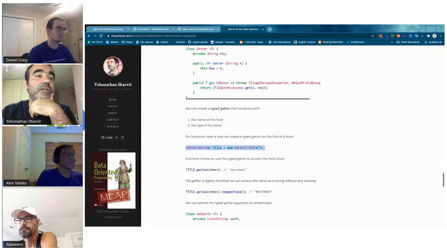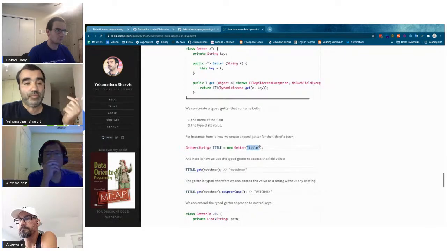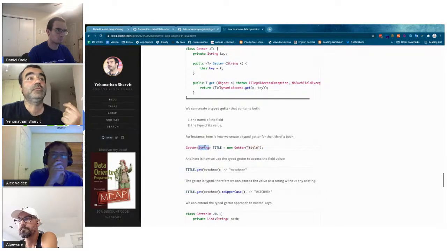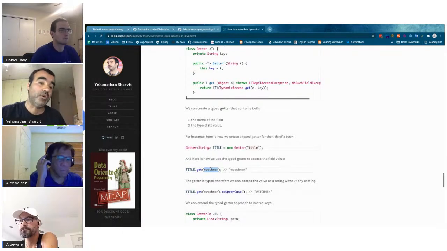So you could create a generic getter, and this is the field name of the field that you want to fetch, and this is the type that you want to fetch. So you create a generic getter that you call title, and then with title in your hand, you are able to access the title property of Watchman. And Watchman is a record that has a field named title.